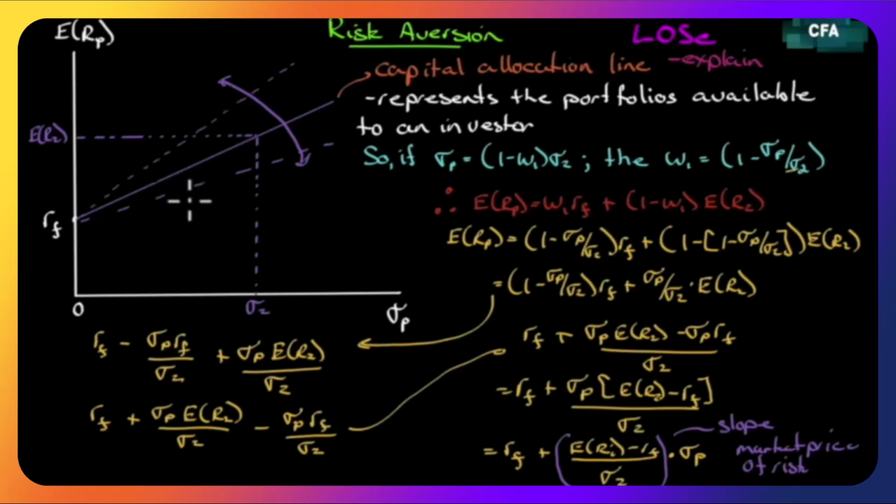Well, how do we determine what that optimal portfolio is now? Now that we understand the capital allocation line and that the slope is the market price of risk. I took a long time to get there, but I want you to be able to see that every step along the way was logical. You agreed with every little step I made.